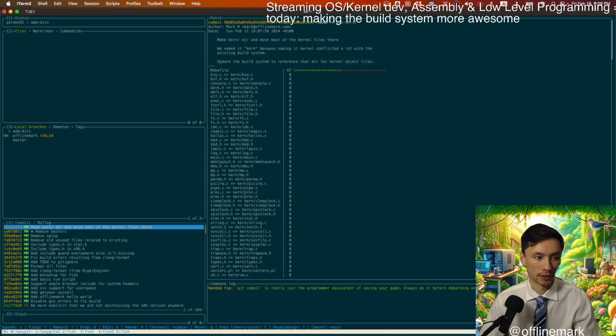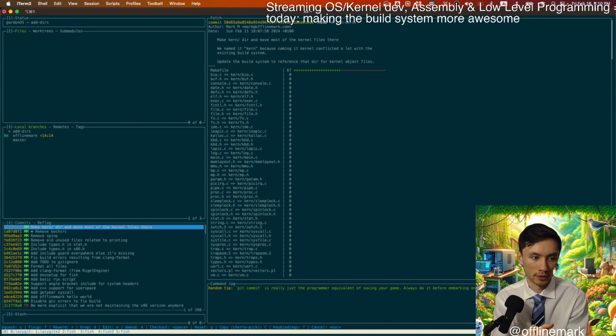With this add dirs branch, we're going to add the kernel dir. And also just one comment on this is that my strategy here is I'm trying to not make massive changes that just completely break the build. I'm trying to do this in a very incremental step-by-step way.